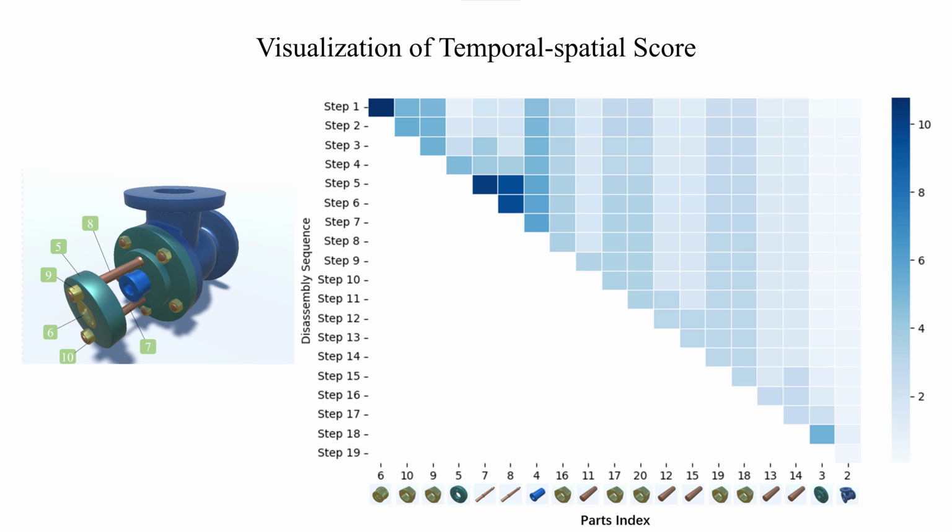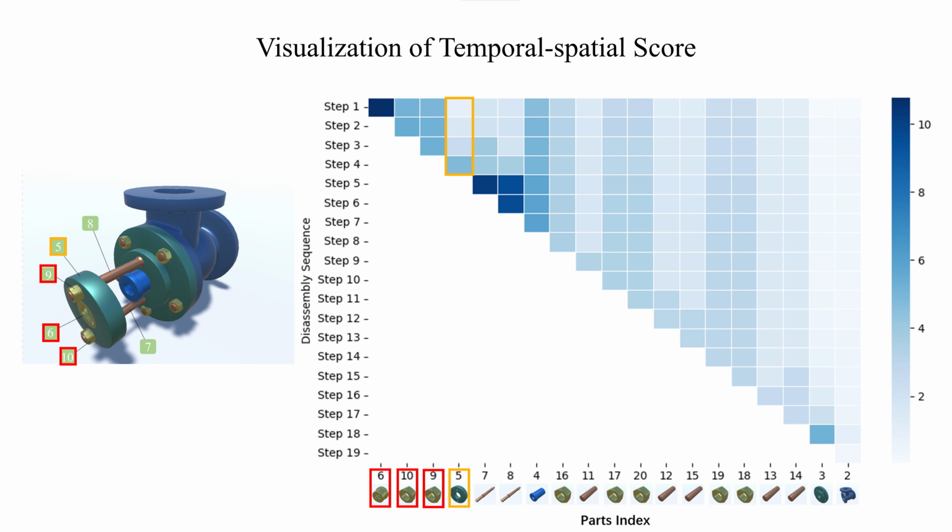In this disassembly process, part 6, part 10, and part 9 are adjacent to part 5, and they act as fasteners that limit the disassembly of part 5. As these 3 parts are gradually disassembled, we find that the temporal spatial score of part 5 shows a significant upward trend. This is due to the gradual increase of its temporal score, indicating that the feasibility of disassembling this